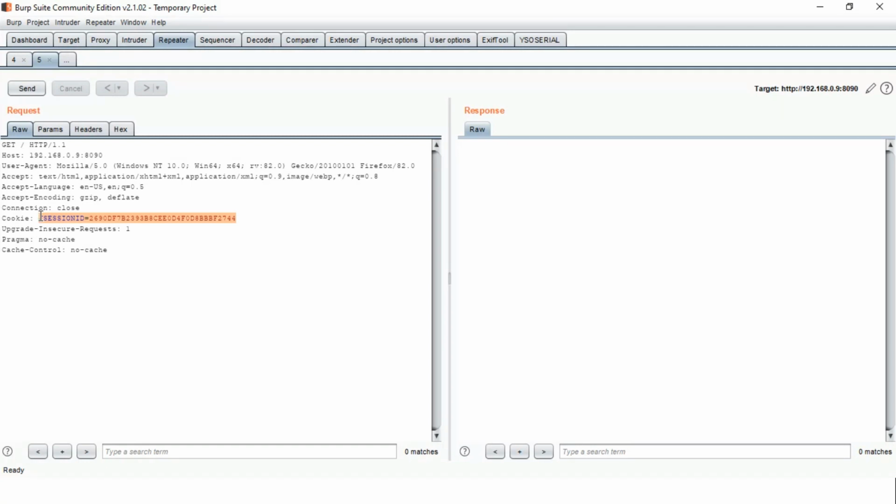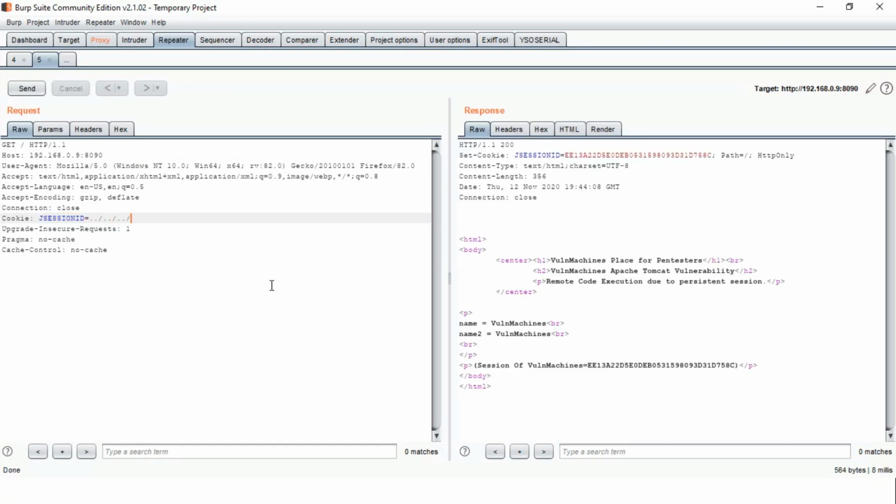Fourth, it will check the location directory plus session ID dot session, as I mentioned in the configuration. Fifth, if the file exists, it will deserialize it and parse the session information from it. So this is the theory. Let's move on to the practical and how it works.